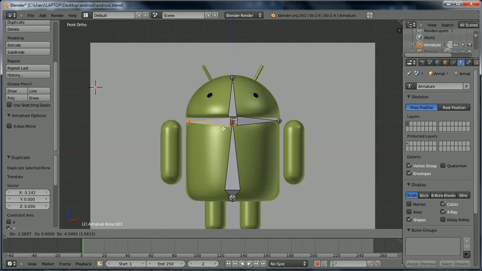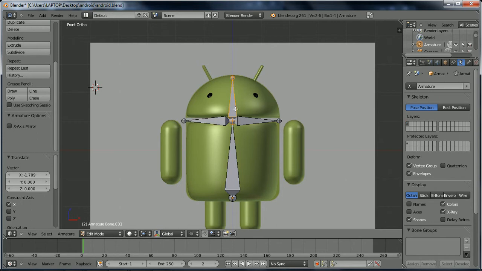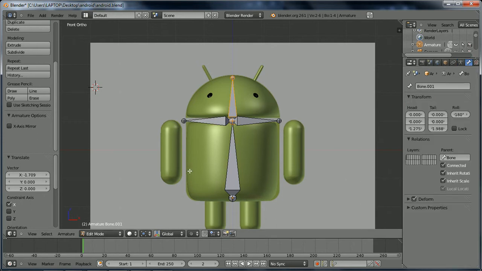G to grab, X axis to constrain it there. I'm going to start naming my bones. To name a bone, you simply right click on the bone itself to select it. You go to this little bone icon and click there, and you can name this one, I don't know, head. This one here would be the body. This one here would be